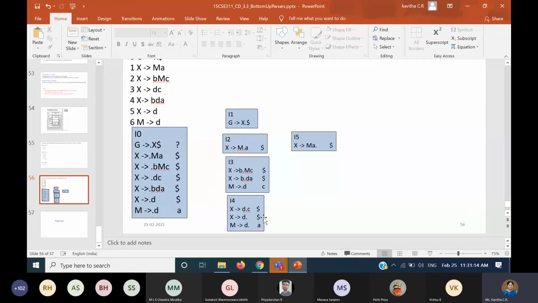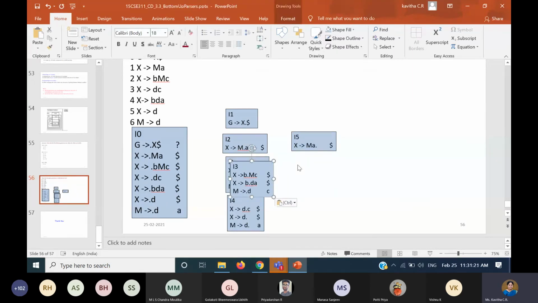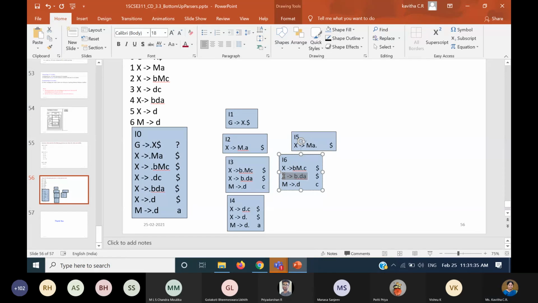So in I3, I think it's time. Anyway, whatever I can complete, I'll complete and stop. In I3, if you read M, it will move the dot and it will become I6. We are going to read the next symbol as D only, so this won't be there.